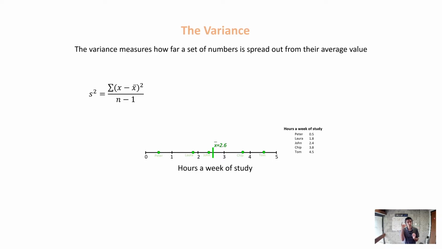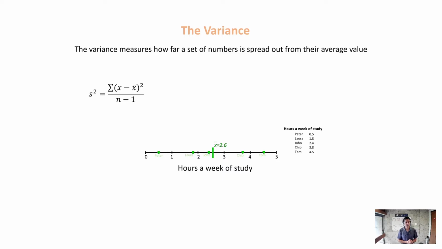And we have to square that value because if we did not square it, the values that are to the left will offset the values that are to the right. And as a result, the variance will become 0. So the reason why we square it is that we make all of the differences non-negative. So we add all of the differences for all of the values, squared them, and